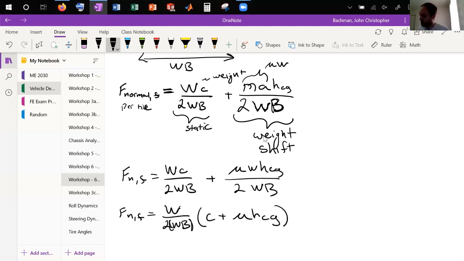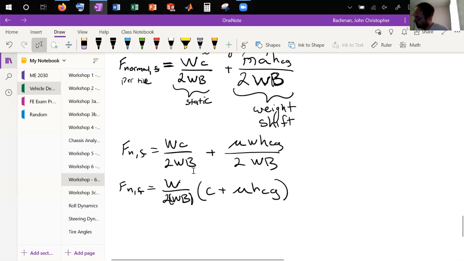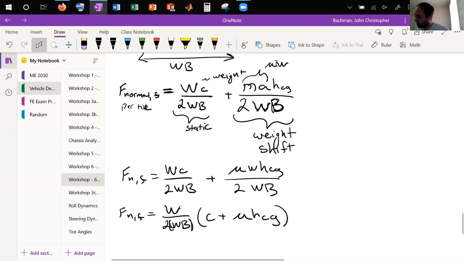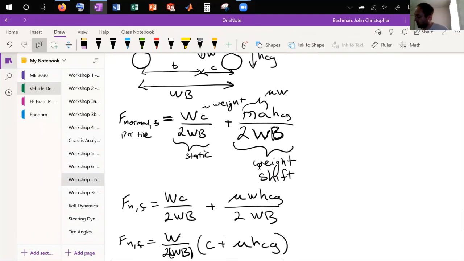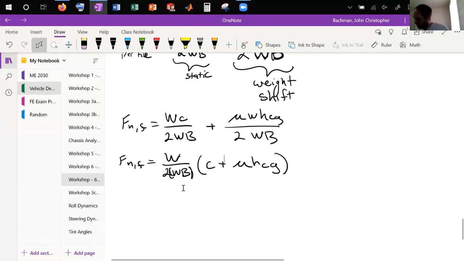And this is just because the max force you can get to help you decelerate is going to be your coefficient of friction times your weight. This assumes an average coefficient of friction. Keep in mind this is also dependent on the normalized longitudinal force, right? We know that's dependent on the downforce, but I think this will typically get you close enough,